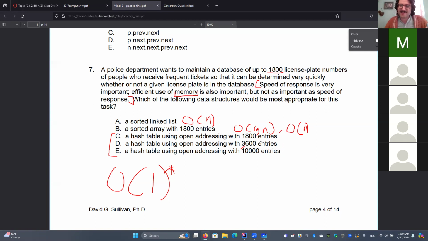So the question is, is that a substantial difference between 3,600 and 10,000? Are we going to get even faster with 10,000? And the answer is not really. The way you figure out the expected number of lookups into a hash table using open addressing is equal to 1 plus, and I'm working off of memory here, I think it's 1 plus 1 minus,